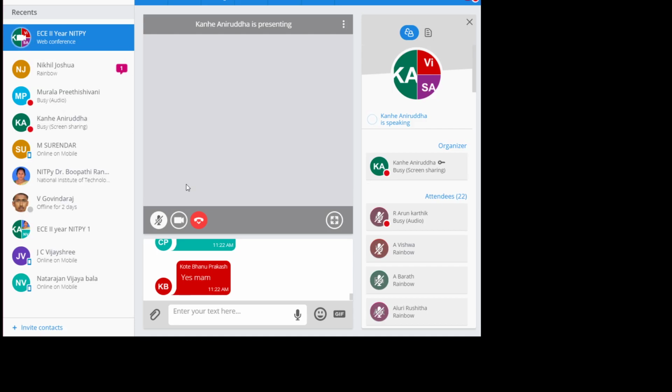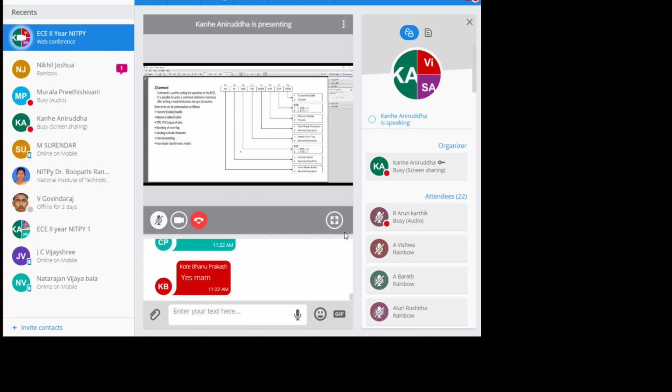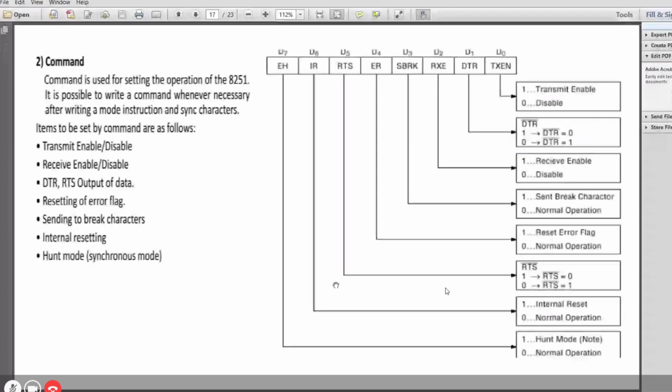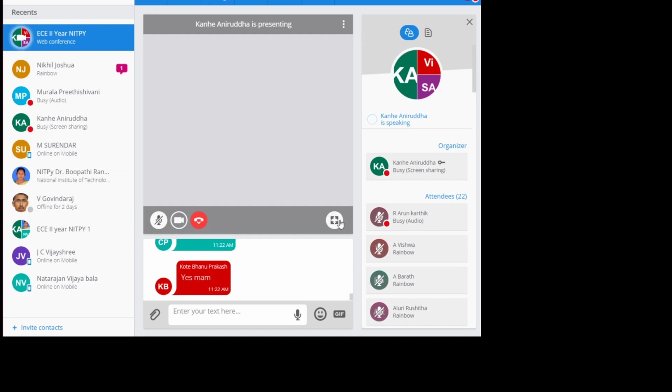And hunt mode is for finding any sync characters available. One here will check for synchronous operation. It's hunt mode. So this is all put in short form here.